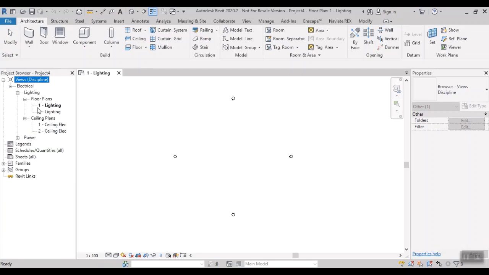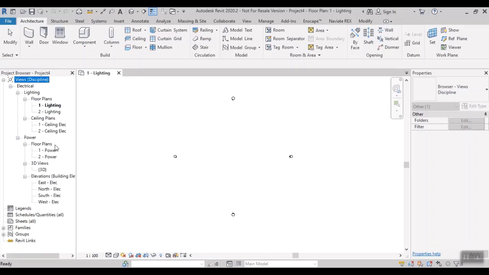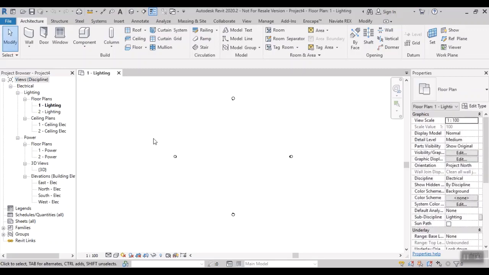In lighting we have floor plan and ceiling plan, and in power we also have floor plan, elevation and 3D. The important thing is, in the PPT we saw lighting, switches, sockets like that. Okay, I'll tell you later.